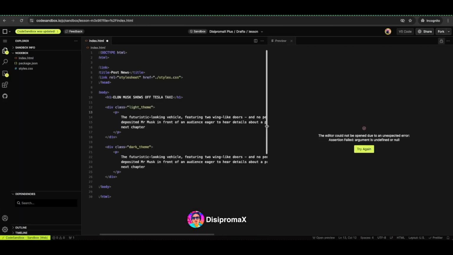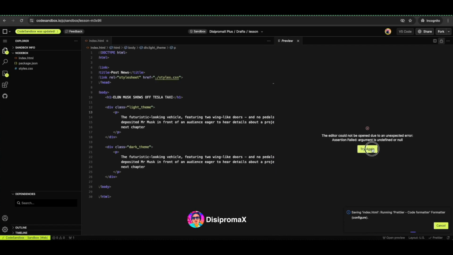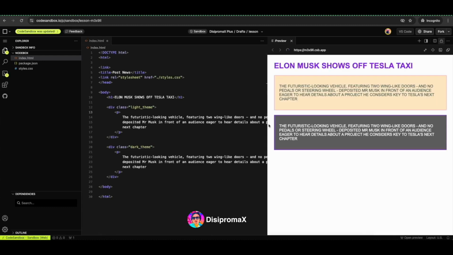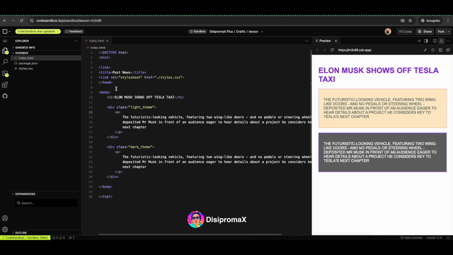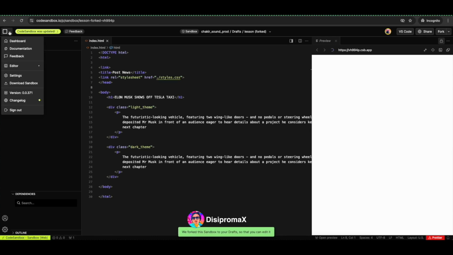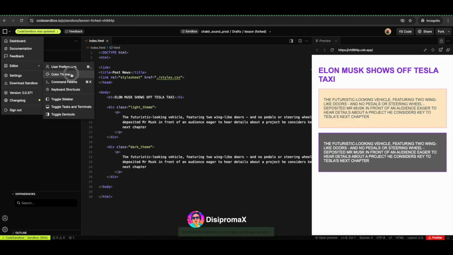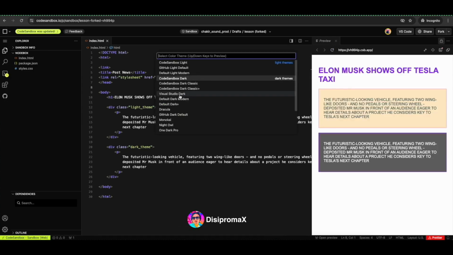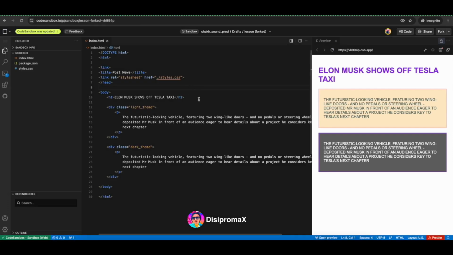I logged in using Google. Now you can reload this preview page here or reload the entire site if it doesn't want to. There's such a glitch. Look, the first thing I recommend doing is changing the theme. Go here, editor, color theme, and select Visual Studio Dark. Everything was consistent because this theme matches Visual Studio, where you will be writing code, and now you are logged in and you can see if you change any code there. Let's say I added a 1 to the text. Look at what happens now.